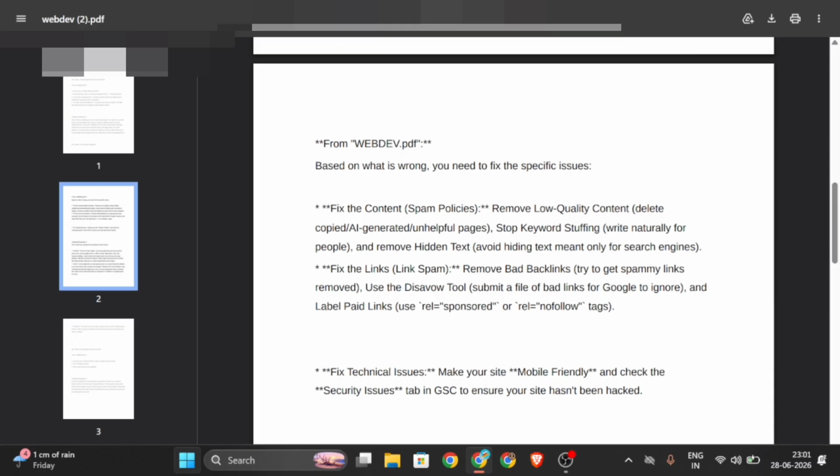People go online, find the highest volume keywords in their niche, and they think, oh, since AI makes writing so easy now, let's just force the AI to use this exact keyword 50 or 60 times in one short article. That is a massive mistake. That's textbook keyword stuffing. Google will penalize your article and completely wipe it from the search results. And because of this bad practice, original and super high quality helpful content gets buried under all that noise.